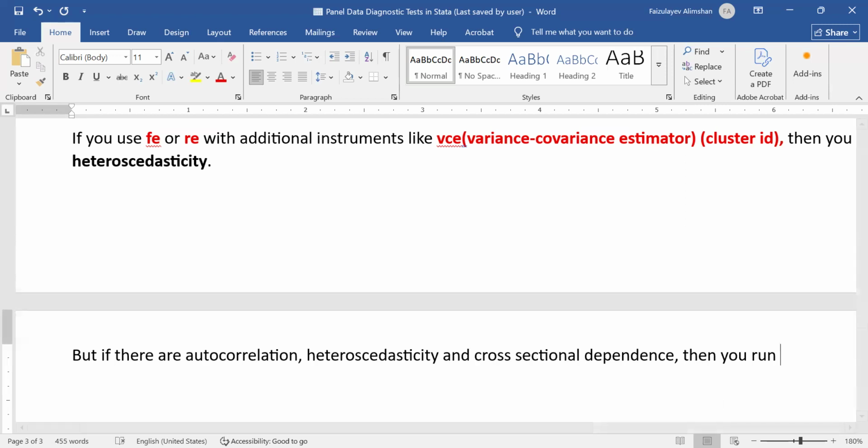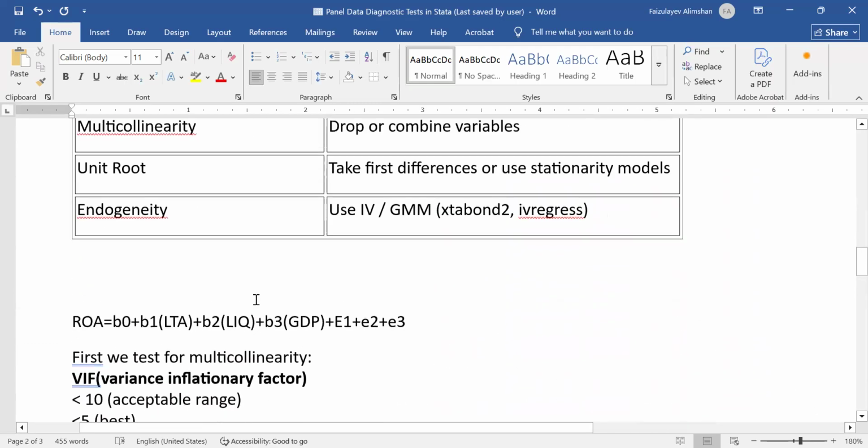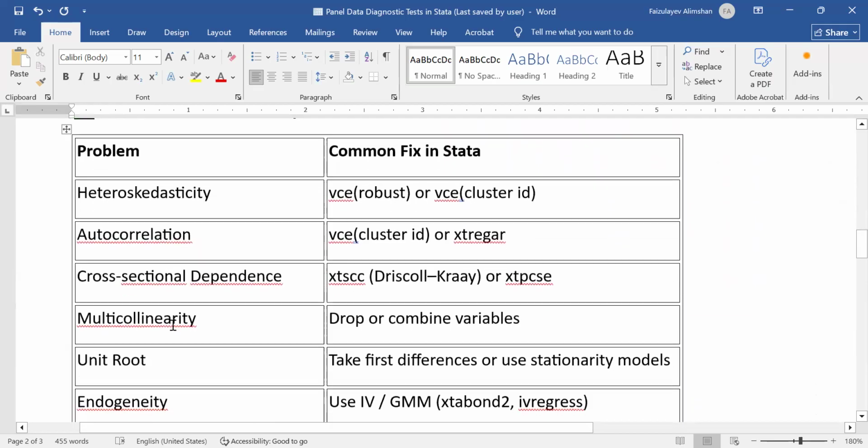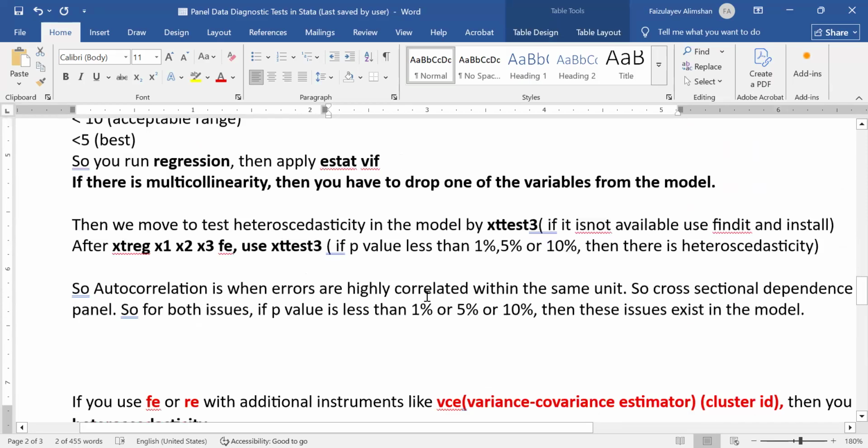So let's start with this Driscoll-Kraay. So you run Driscoll-Kraay,